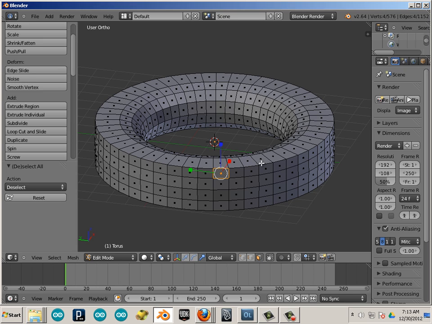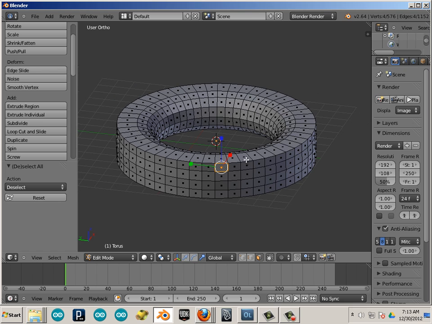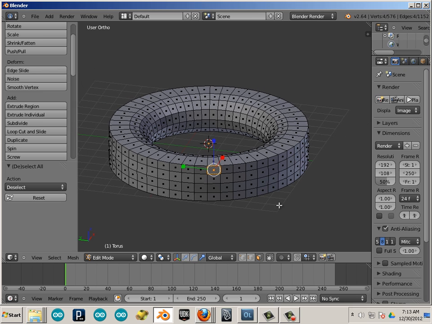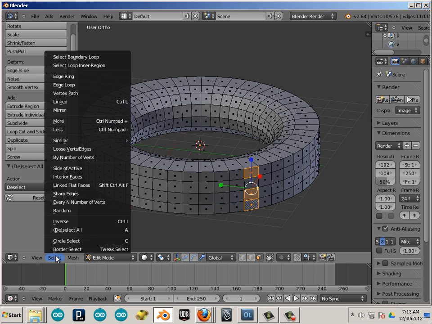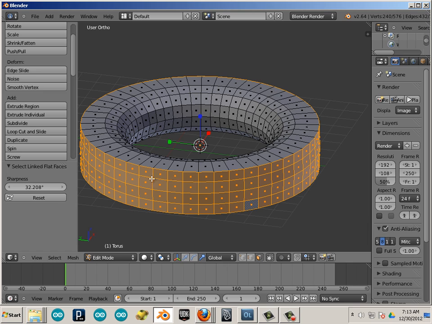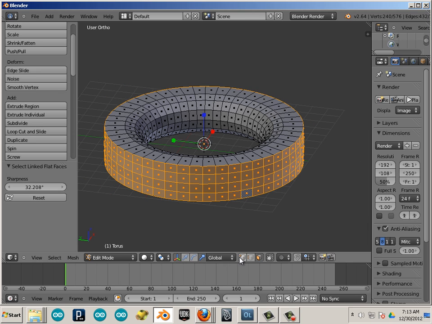Now practice that a little bit. And then one more thing I want to show. Let's say I'm always selecting something. Always selecting the same thing over and over again. Well, here's what you do. If I go like this and say Select Link Flat Faces, I highlight this all the time, maybe when I model. If I go to Vertice,